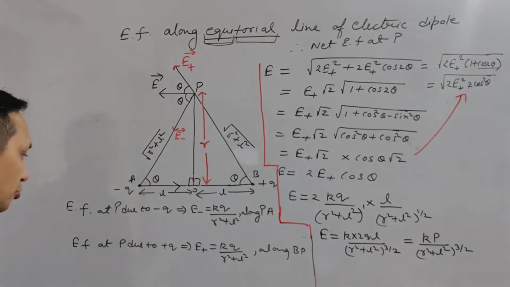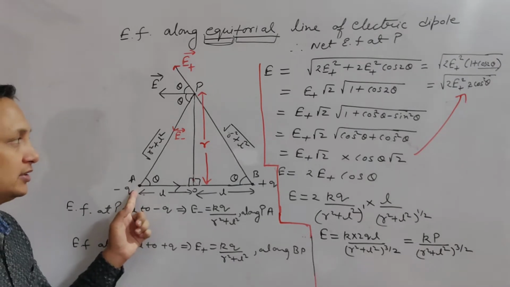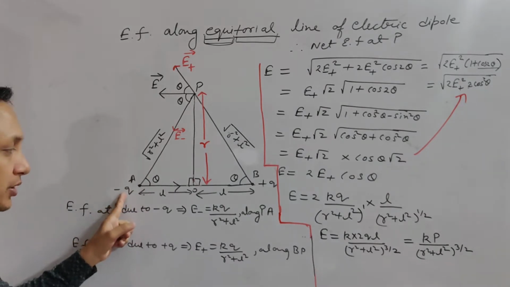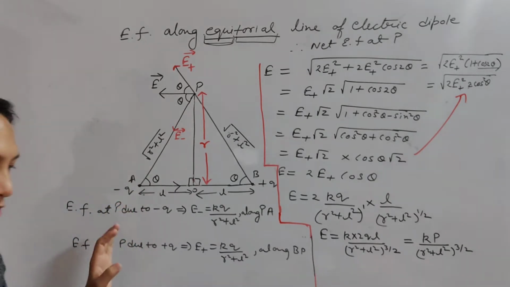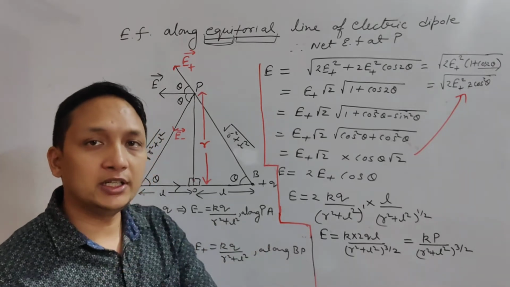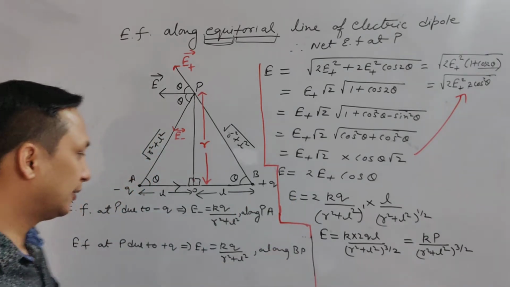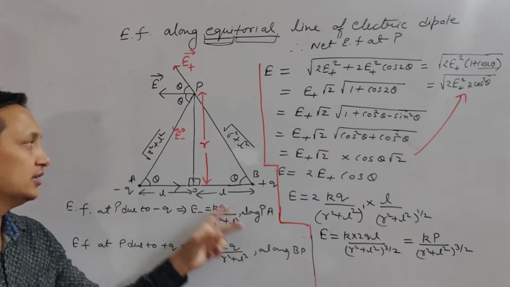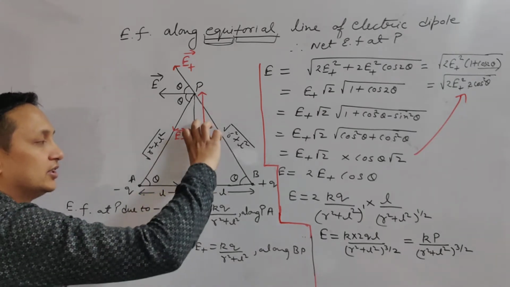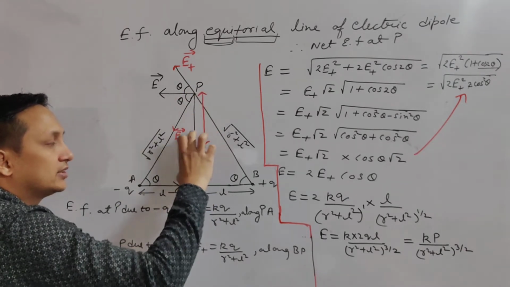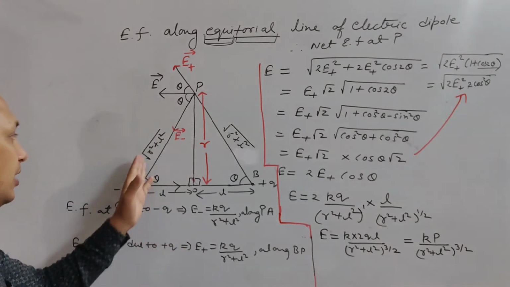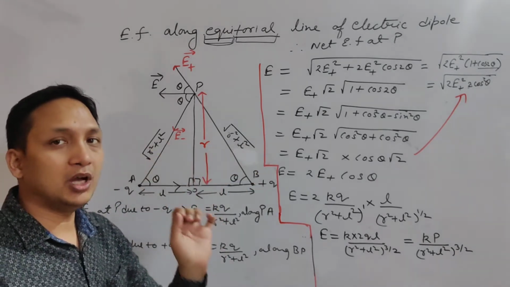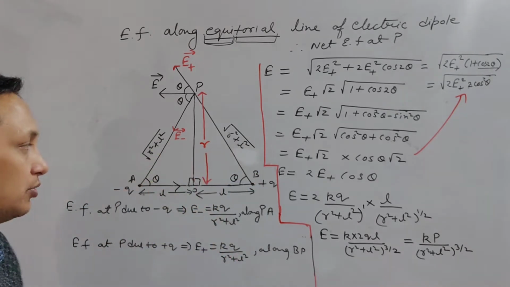Now, what should be the formula for that? Electric field at P due to this minus Q charge will be equal to KQ. Now what is Q? Magnitude. Whenever we are doing derivation or numericals of these vector quantities, we will use only the magnitude part. Direction we will write separately. So E minus is equal to KQ upon (R square plus L square) whole. Why am I writing this? Because if this is L, this is R, from the center to P the distance is R, so by Pythagoras theorem the distance is under root of R square plus L square.